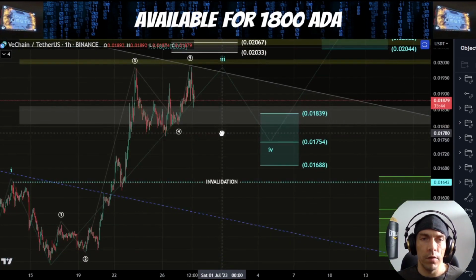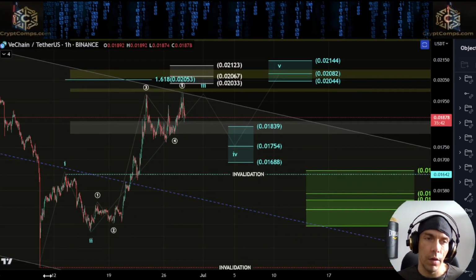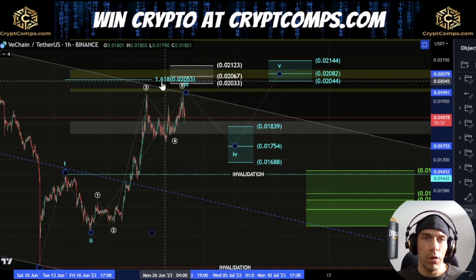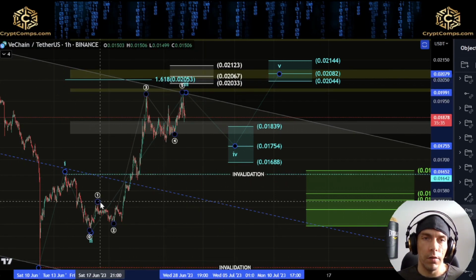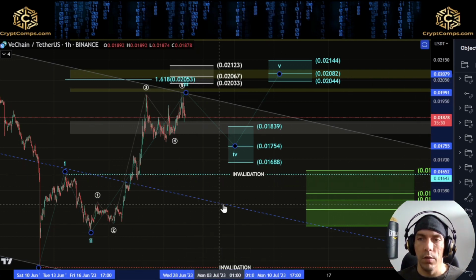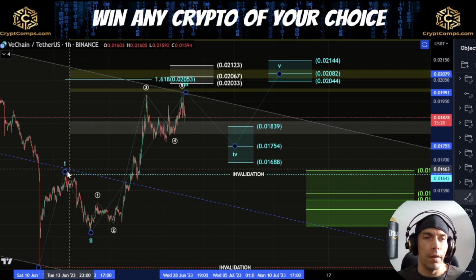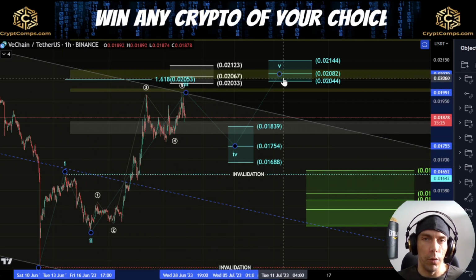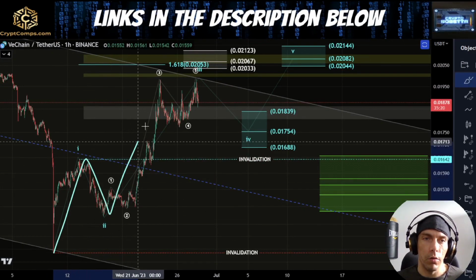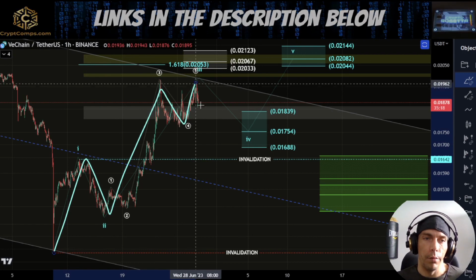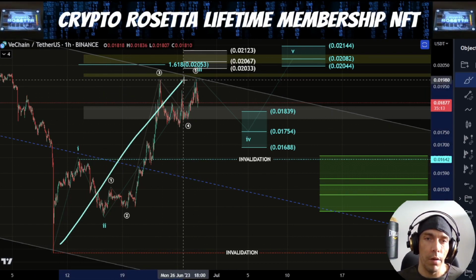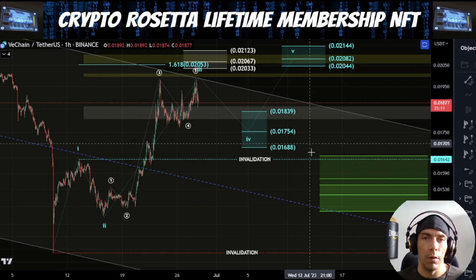Now, the reason why this is slightly less confident is because if this is actually 1, 2, and this is a fifth wave over here, we didn't reach this 1618. Now, this doesn't necessarily have to happen, but if we do actually break down below this 0.1642, this would invalidate this potential of this additional fourth and fifth. What we could, however, still argue is that we could have this as 1, 2, 3 into here, 4, and 5. So it is still possible that this could be either a wave 1 or an A wave up, in which case we'd look for a retracement and then a push to the upside.